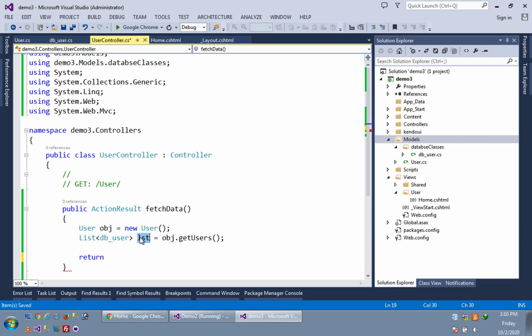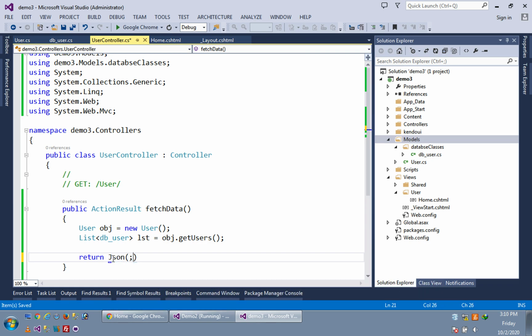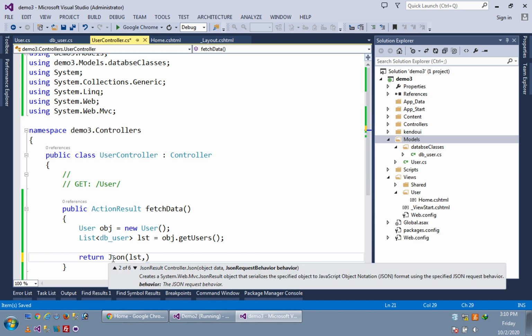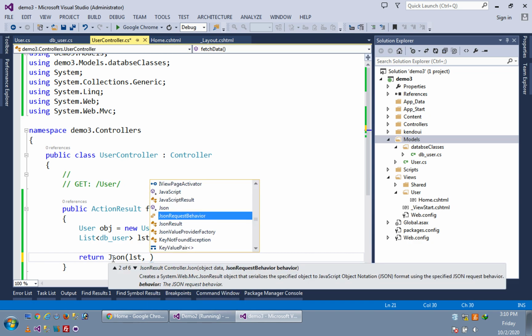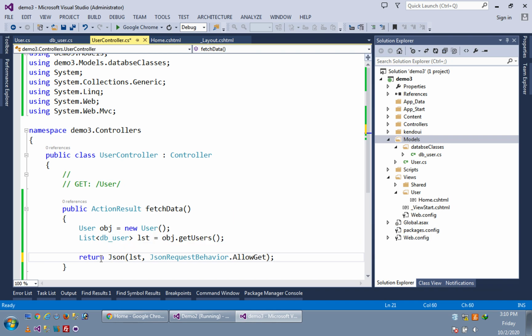I will use this fetch data from our Kendo UI grid view. So I have to return here JSON of lst, comma, JsonRequestBehavior.AllowGet, like this.